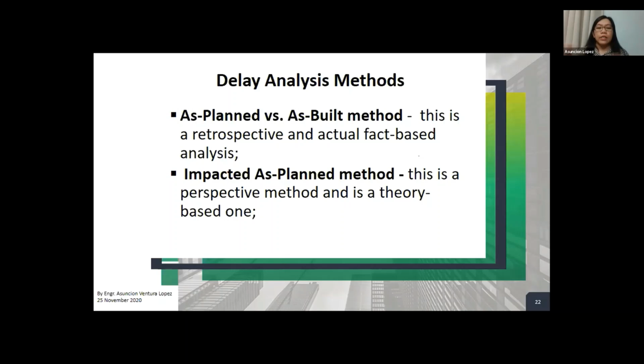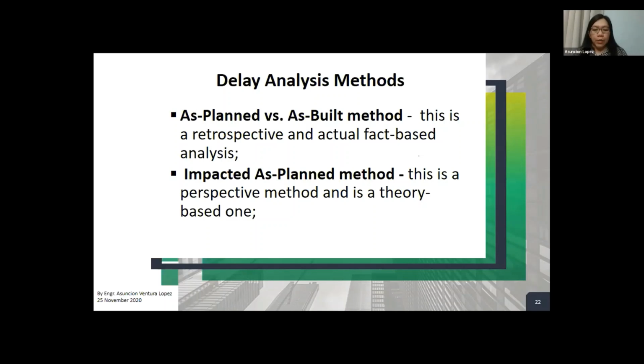So that's the difference: perspective looks into the future effect of the delay, while retrospective looks back on what actually happened. Okay, so these are the delay analysis methods when you are analyzing delay claims.